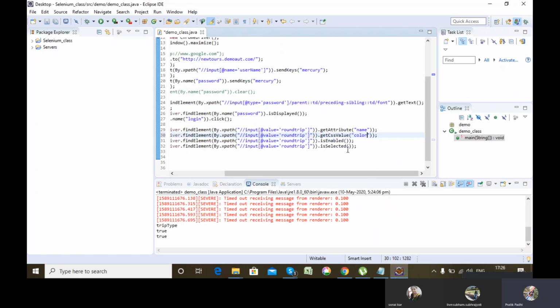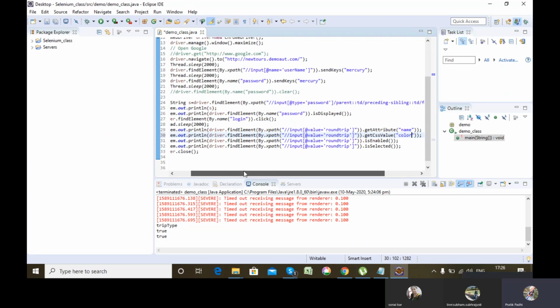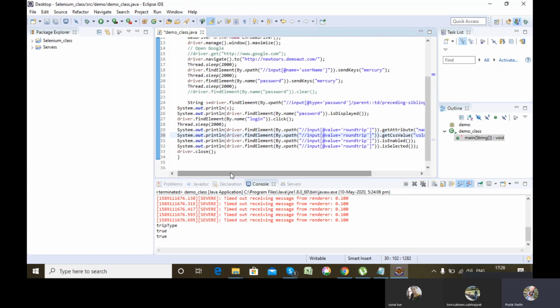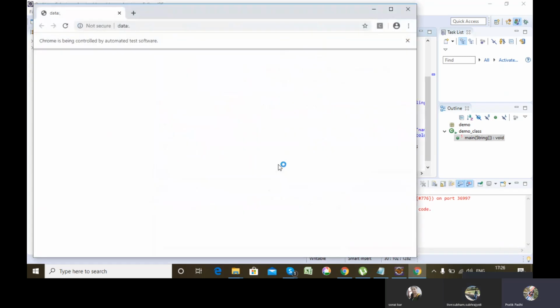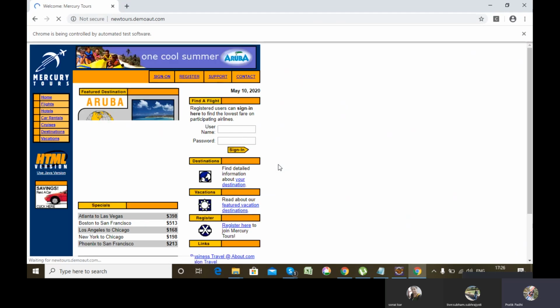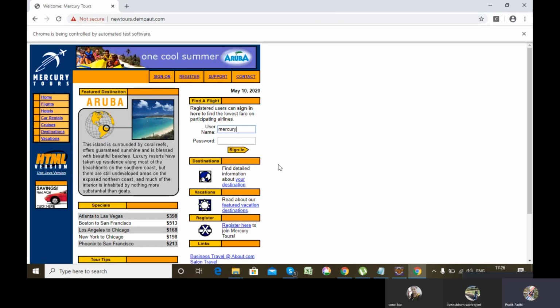I can also print the particular CSS value of that web element, like what is its color, what is its font size, what is its font weight. I can derive it in my console in runtime. What is a CSS value? The web element you see has a certain font, font size, and color. That UI parameter of the web element is the CSS contained in the CSS definition of that web element.